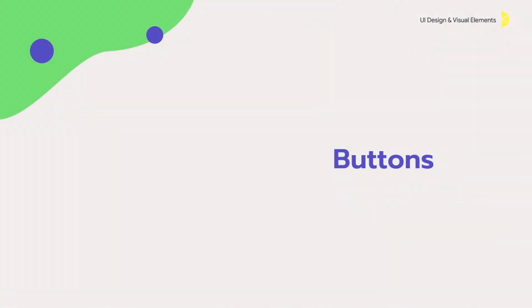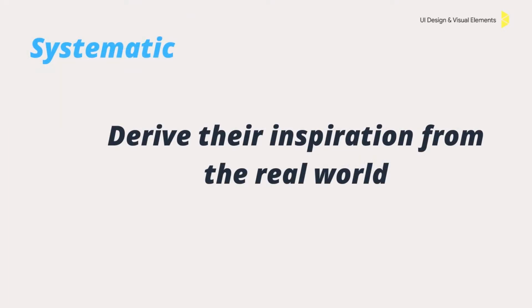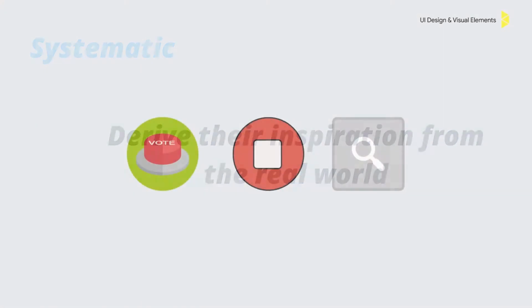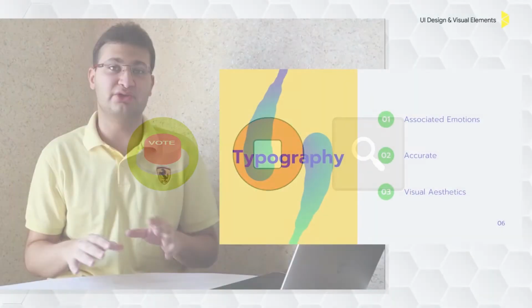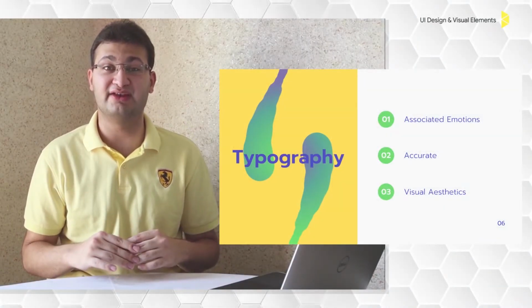If you have seen buttons, their shapes are very systematic, meaning that they derive their logic from the real world. The shape of a button has shadows and certain features just like how it would appear in real life. That's how shapes are used, and they're very common in all interfaces.